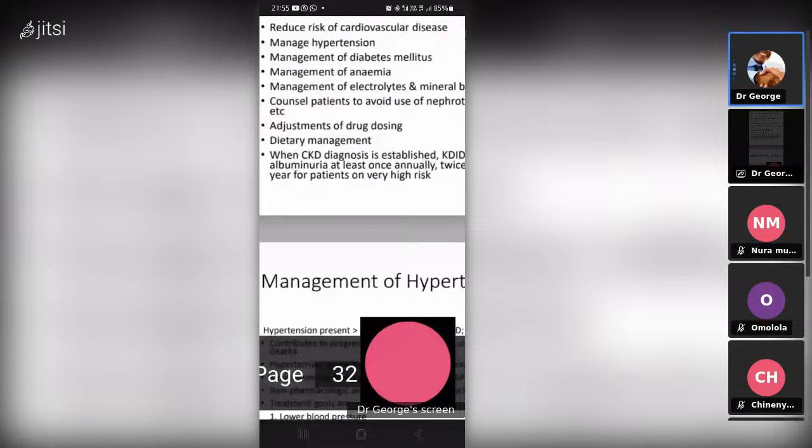So this one is now talking about each of the risk factors one by one. If you want to manage a patient with CKD that is caused by hypertension or a patient that has CKD that has led to hypertension, you need to lower the blood pressure. Of course, low dietary salt intake, less than 2 grams of sodium per day, or less than 90 millimole of sodium per day, or less than 5 grams of sodium chloride per day.